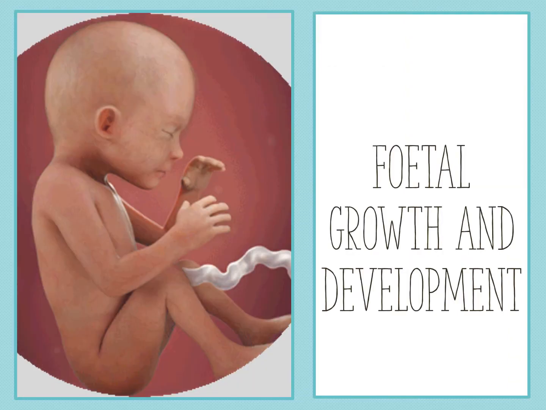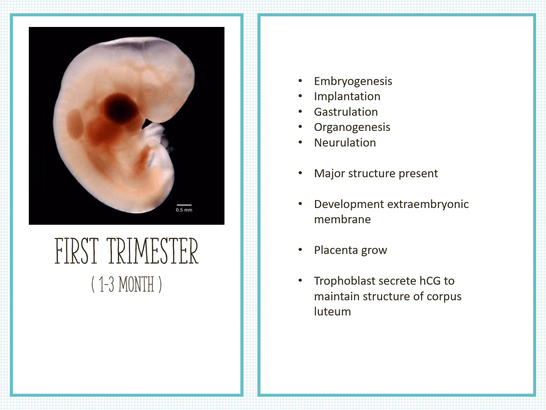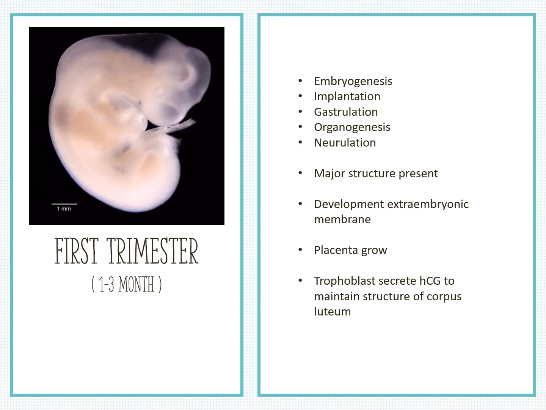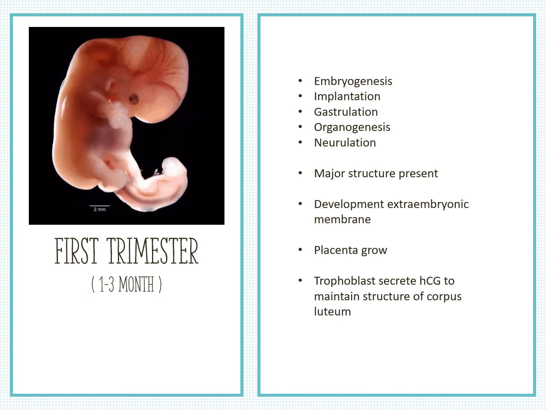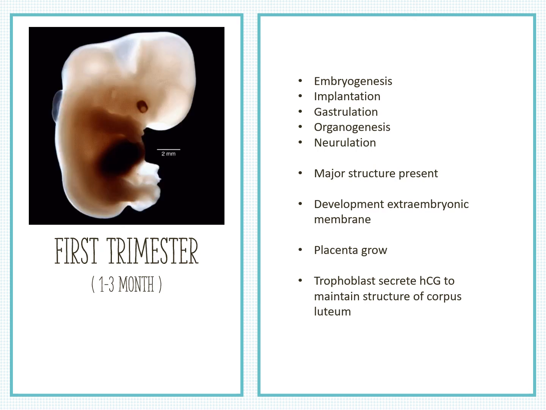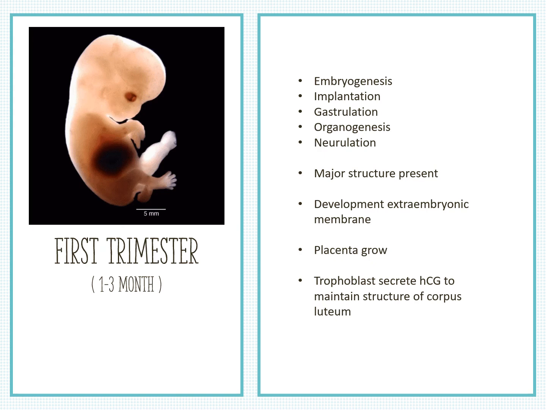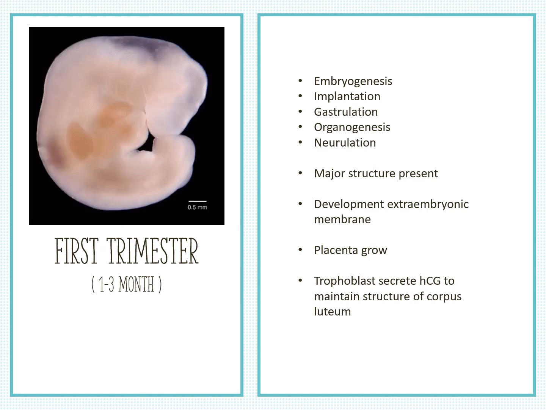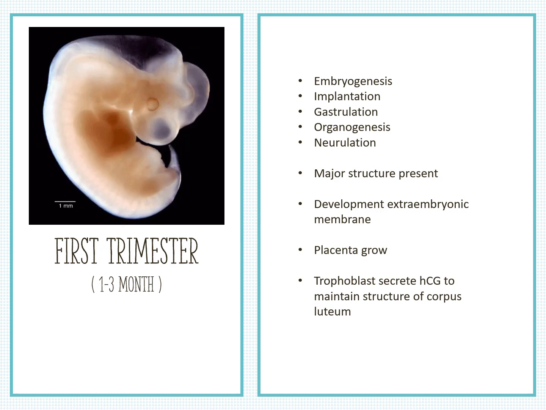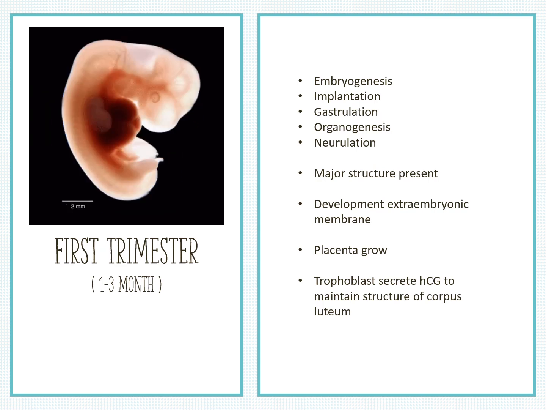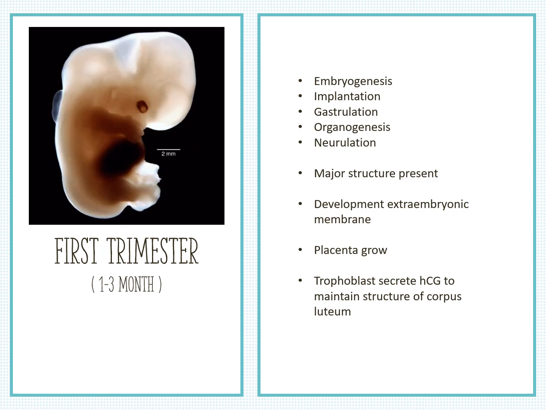Lastly, we will go through fetal growth and development. During the first trimester, the embryo will undergo embryogenesis, implantation, gastrulation, organogenesis, and neurulation. The major structures present are heartbeat, limbs will appear, brain development, muscle differentiation, gonad distinguished to ovary or testis, sex can be determined at 3 months, notochord degeneration, and limb gland generate. There will also be development of embryonic membrane, the placenta will grow, and trophoblast will secrete HCG to maintain structure of